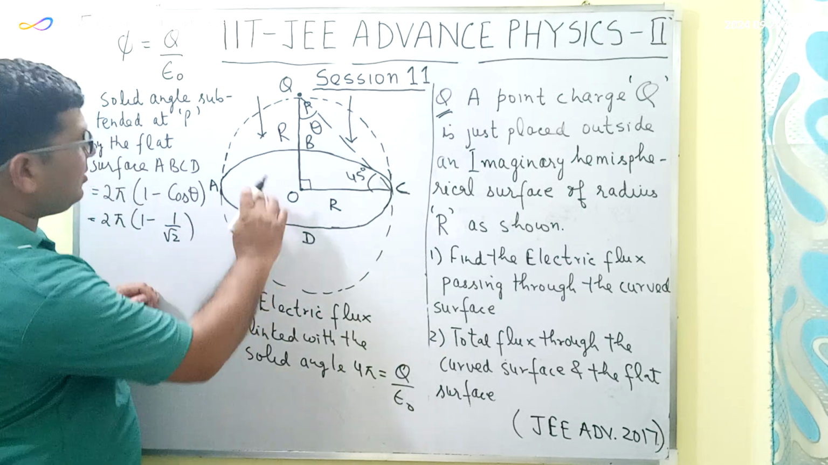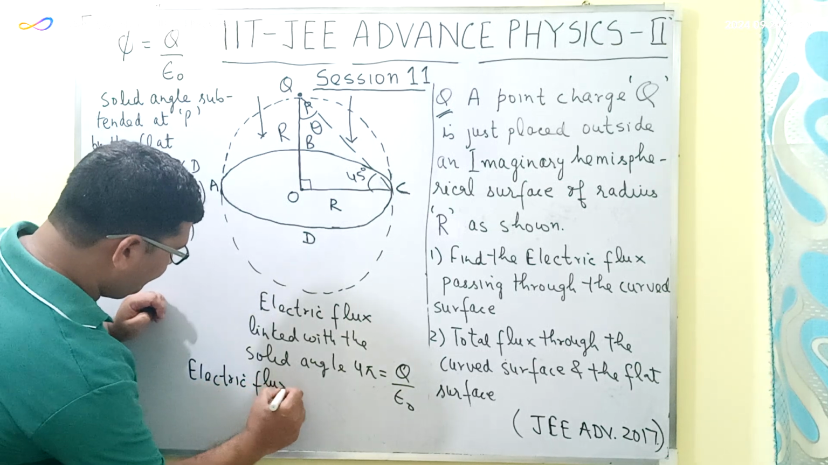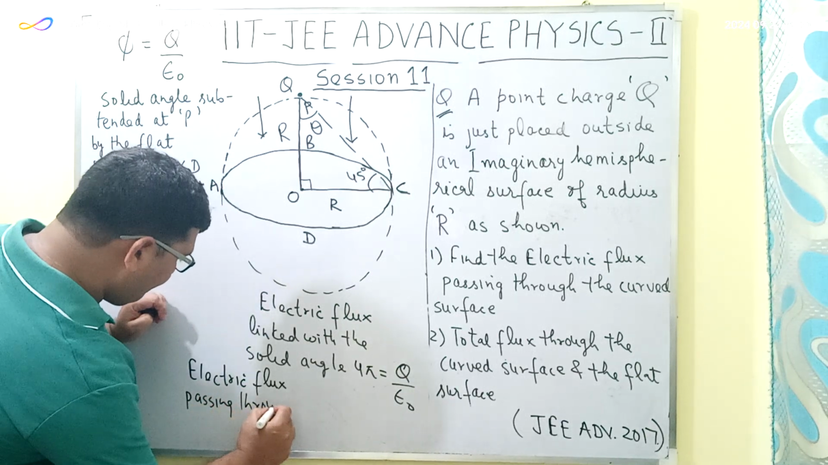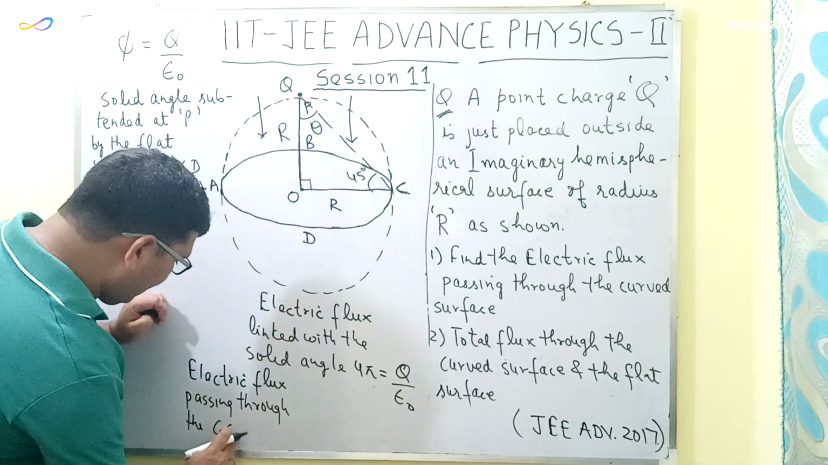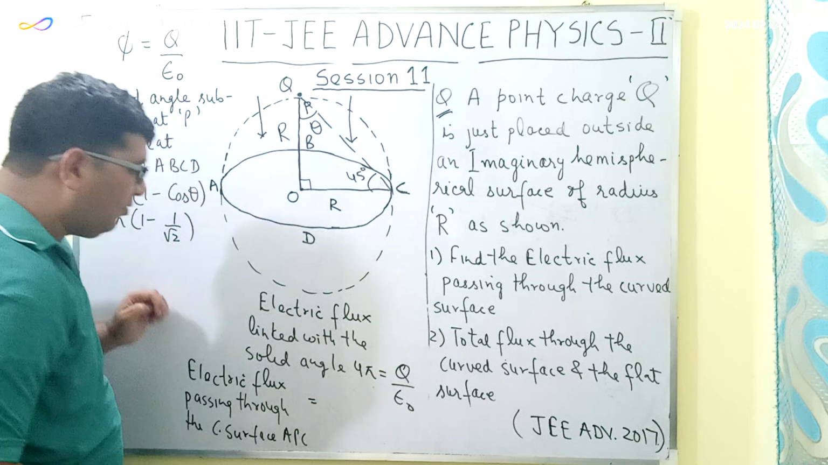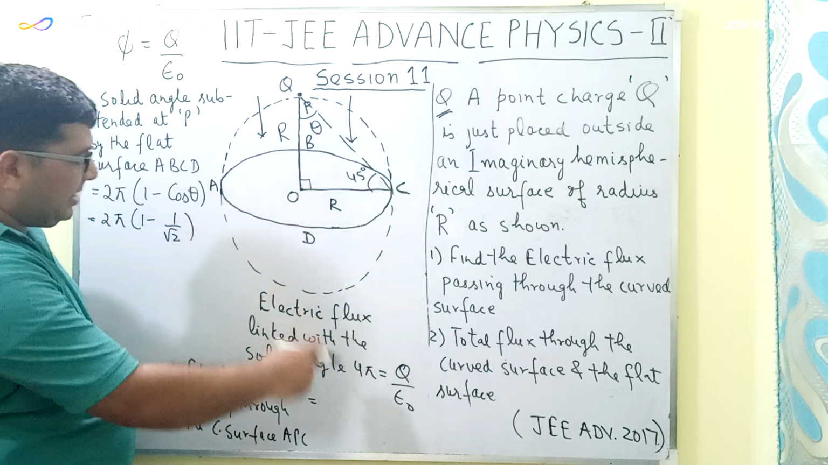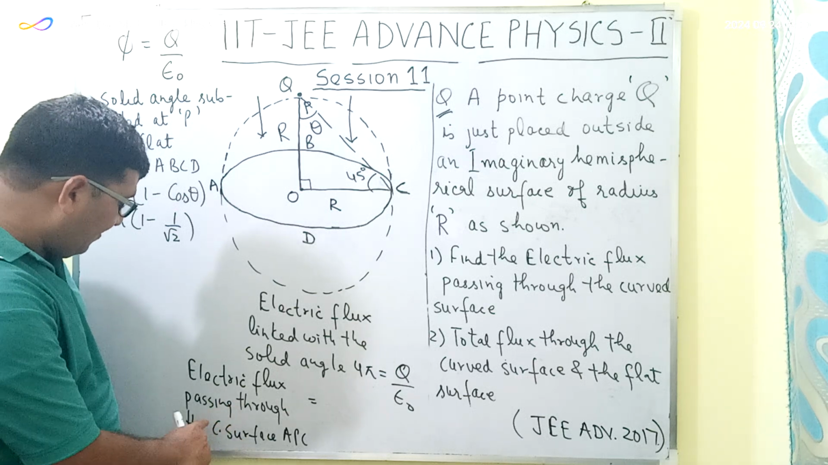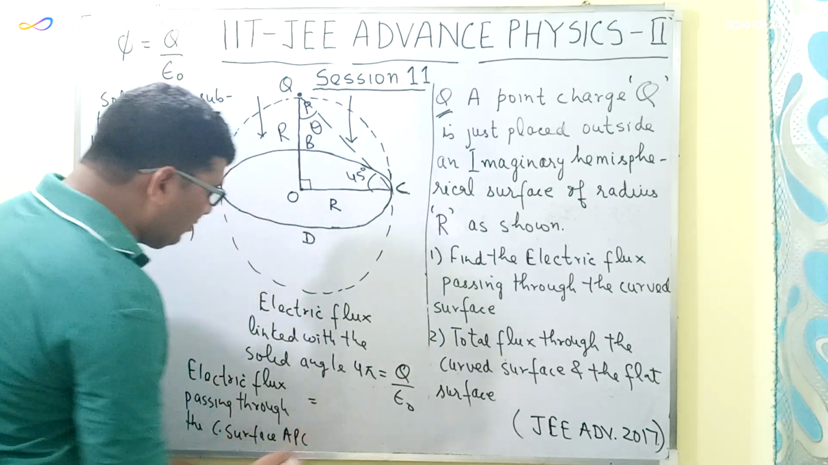Now we can say that the electric flux passing through the curved surface APC, what will this be equal to? See, the total electric flux which is linked with the solid angle 4 pi is equal to Q upon epsilon naught. So the electric flux which is linked with the curved surface APC, or you can say the electric flux which is passing through the curved surface APC, will be equal to